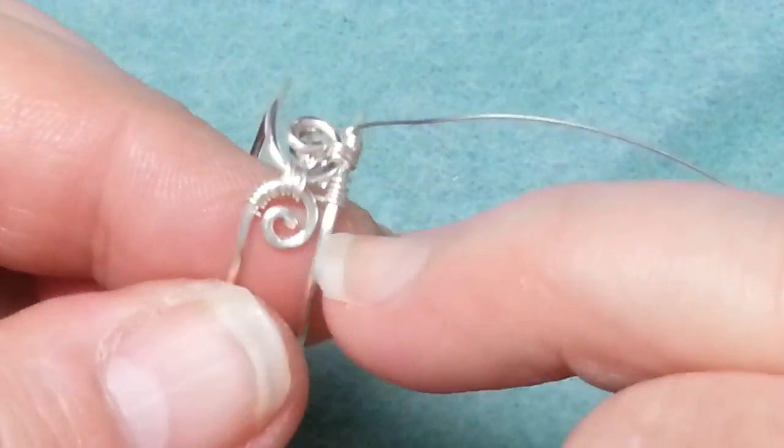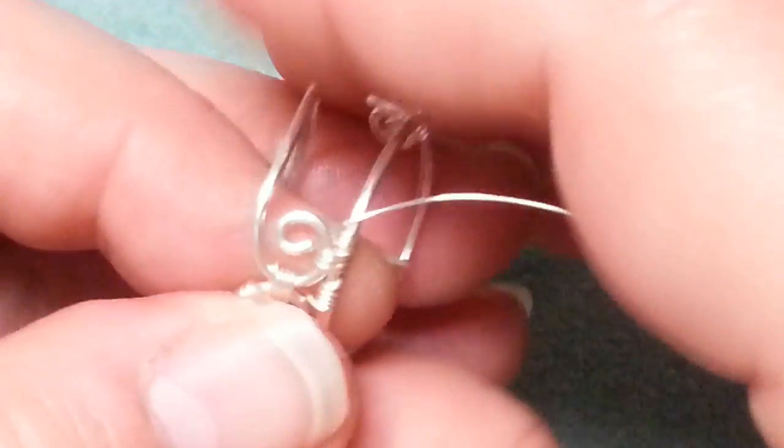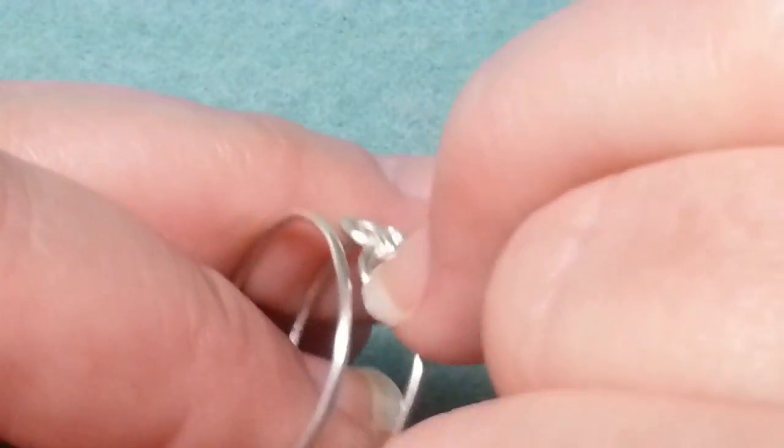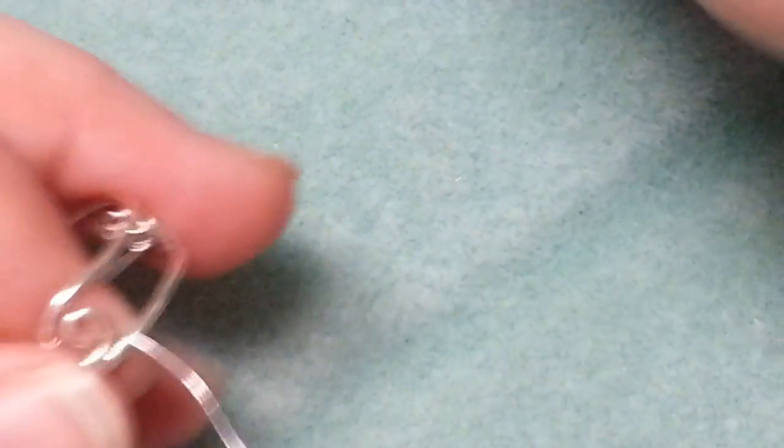I don't need to have the extra weaving wire here because this is just part of the back side of the ring that will go against the side of my finger, and this will go against the side of my finger. So I don't need those two to have wire wrappings. I do need it right here against this one to make sure there's space for the beads. So I'm coming up from underneath. I'm just going to take a bead,